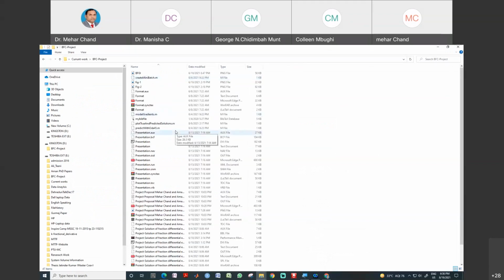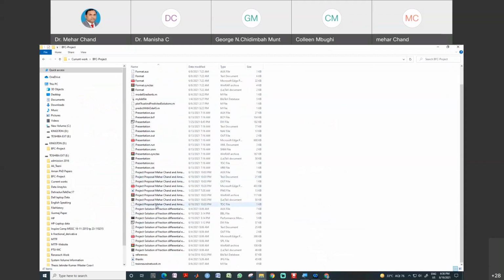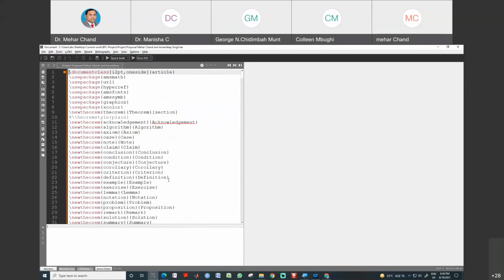Come here. So this is another file. And this is the complete document article, and all the required packages are inserted here. You can see URL hyperreferences which are required.